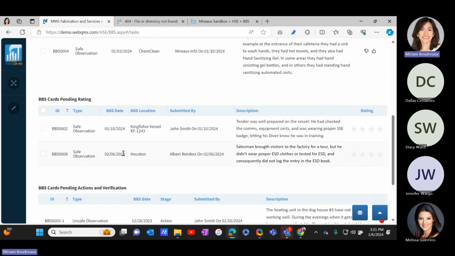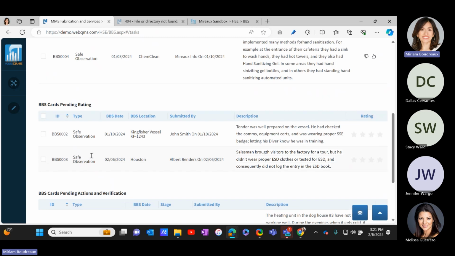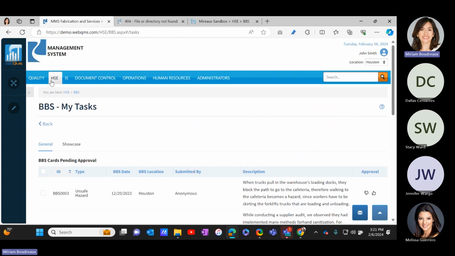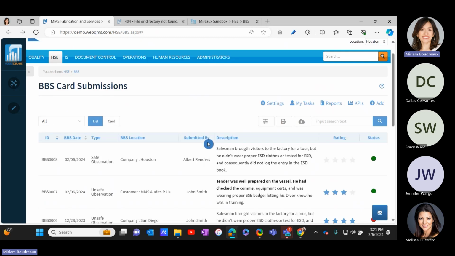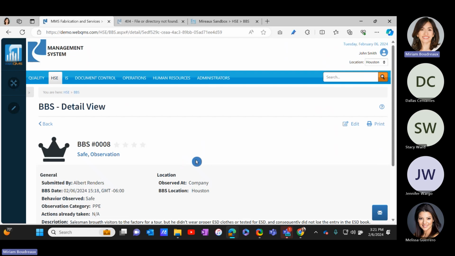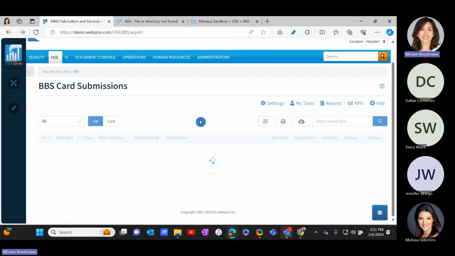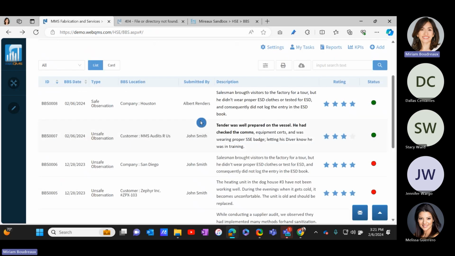Or like I said, I could click and let me go back. This one was 8. So now I'm going to go back. And the 8 here is not rated yet. I can always go in, read it again, see that everything is good, and I can just rate it right there. So actually, I'll give this 4 stars. All right, so now that we are done with the